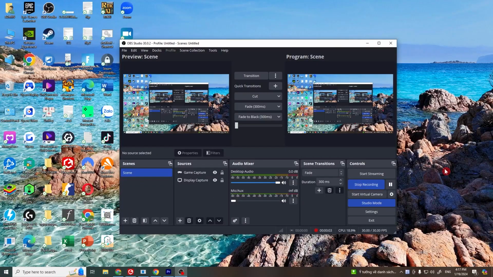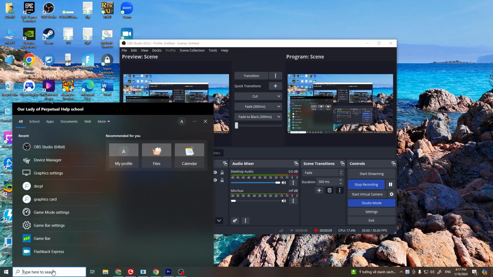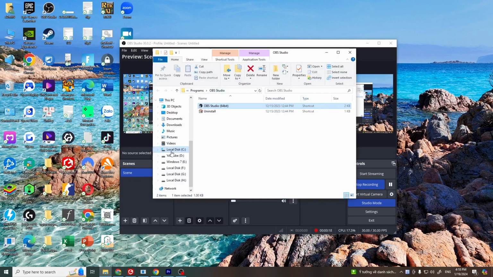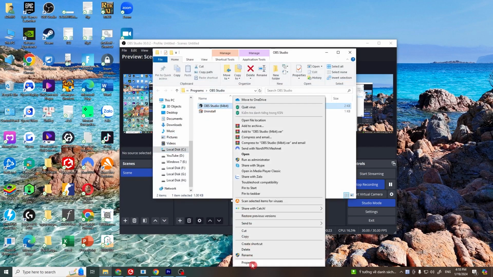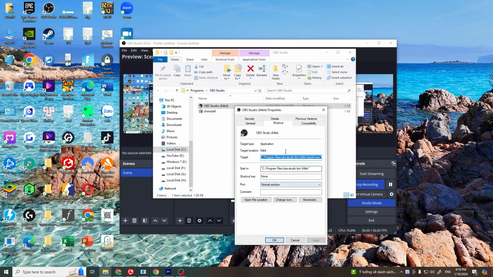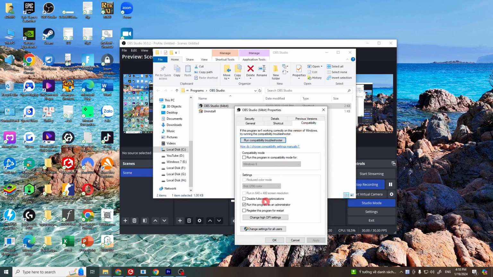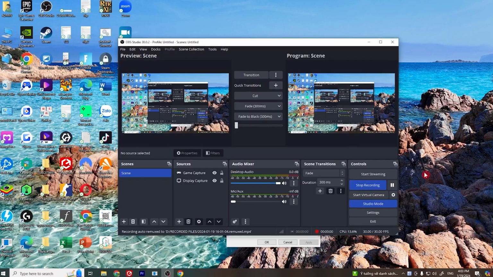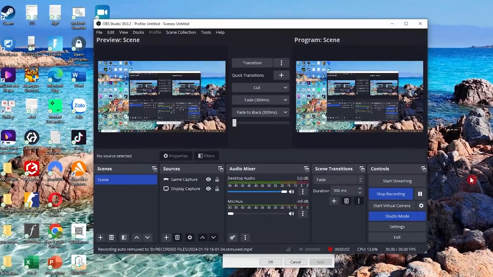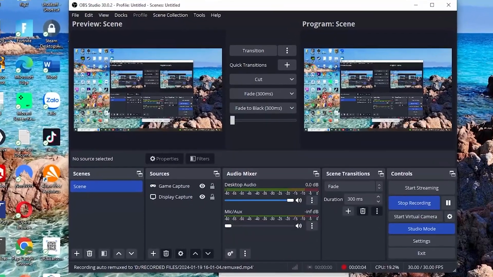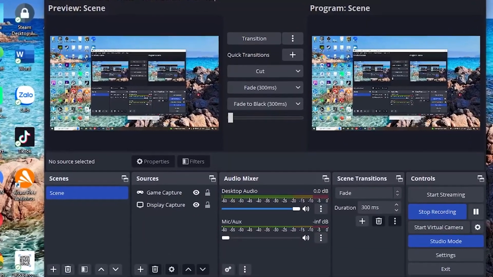Solution 1. You need to close OBS. Then navigate to your OBS Studio folder. Right-click OBS 64-bit, choose Properties. Go to the Compatibility tab, tick Run this program as an administrator. Apply and OK. This action is crucial because it allows OBS to get processing priority over other running applications like